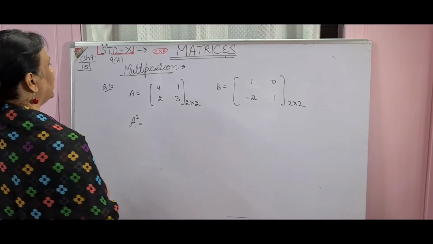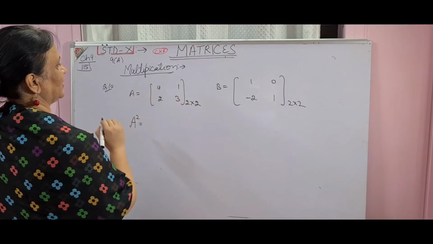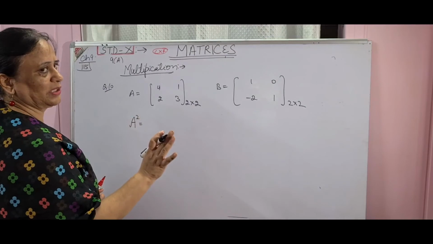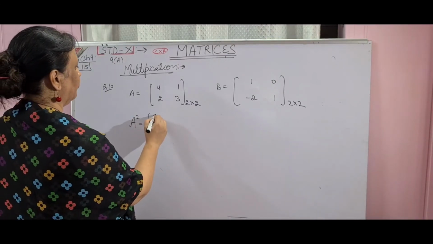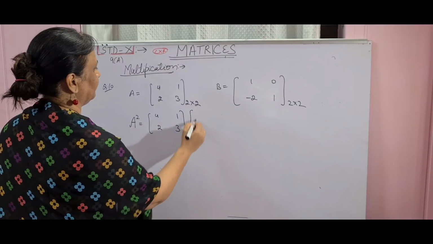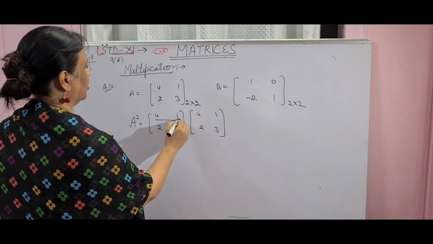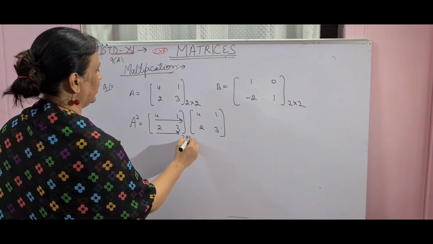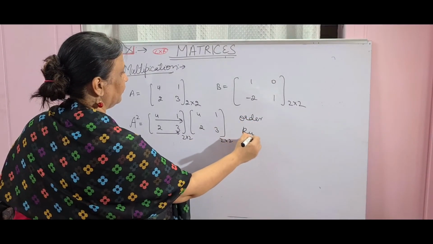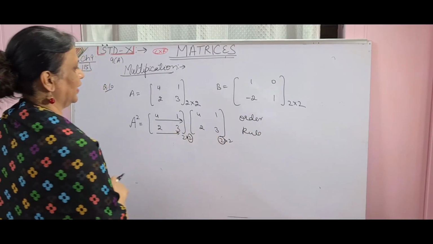Just giving you the result. Children, square over here does not mean that you are going to square the elements inside. No. Be very careful. In multiplication of matrices there is no word square. What you will do? Write 4, 1, 2, 3 two times, and the same method will follow. Rows of the first matrix, write the order, write the rule. Compatibility, because columns of the first matrix is equal to rows of the second matrix.